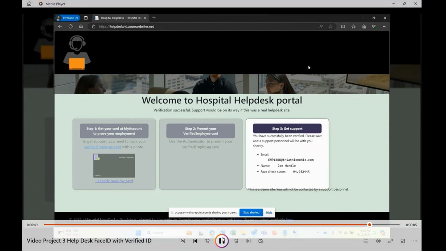As we can see right here, it shows the individual's name, their email address, and the face check score. So based upon my face that I just scanned into my phone and the image that was taken during onboarding and then is stored in Entra ID as your contact that you see in Outlook or in Teams, that picture right there is used to check against each other, and then I have a face check and confidence score of 94, pretty much 95% accurate that it is who it is,